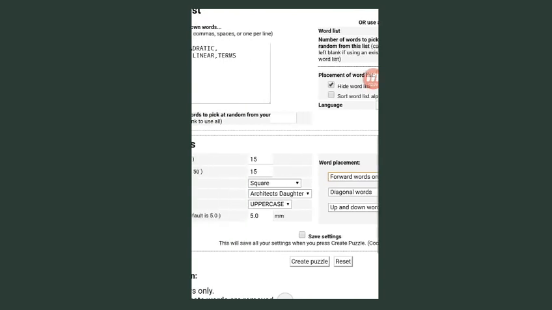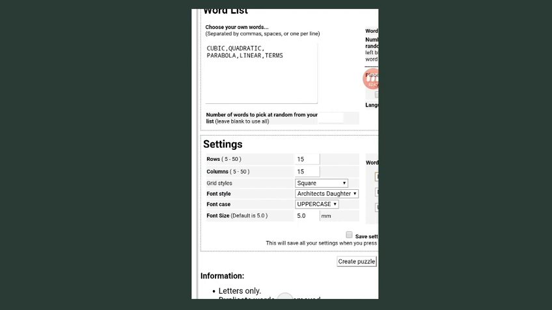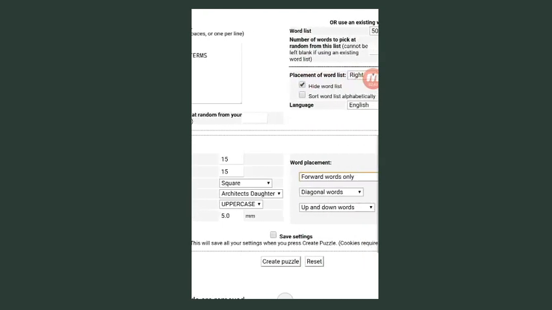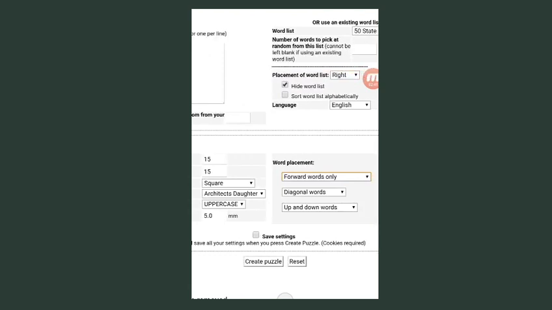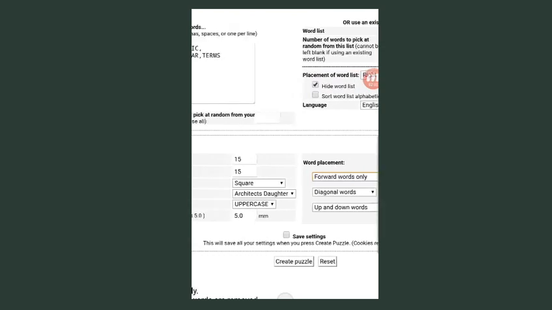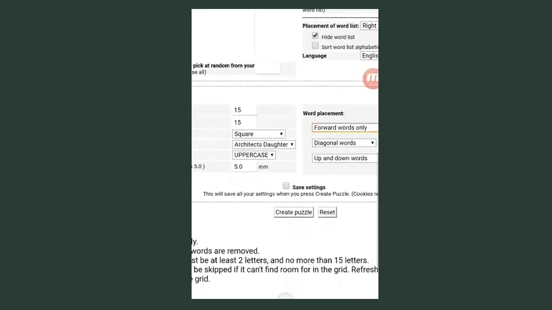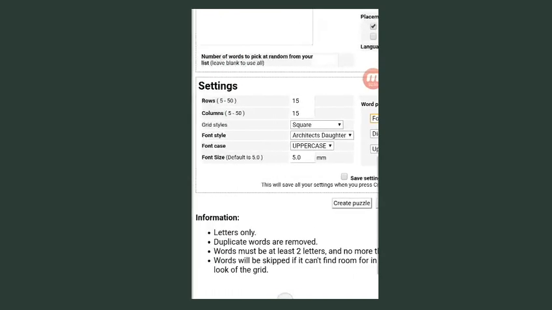Then diagonal words I want, and up and down words also I want. So next is, after making all these changes, this will save your settings when you press create puzzles. So we will not save settings, at least we will create puzzle, or we can reset also. So letters only, duplicate words are removed.